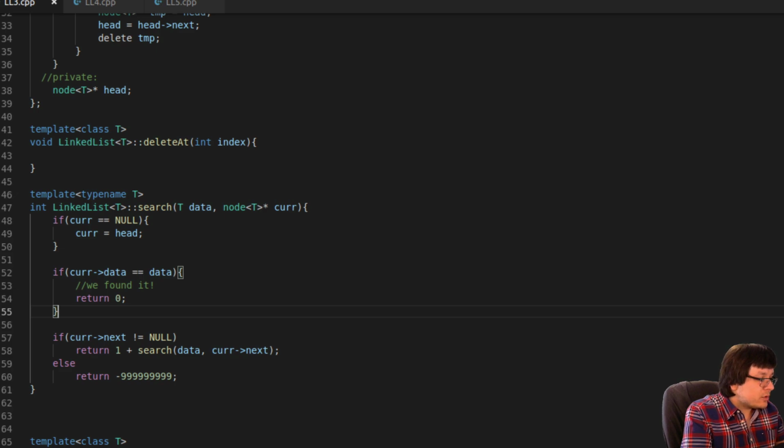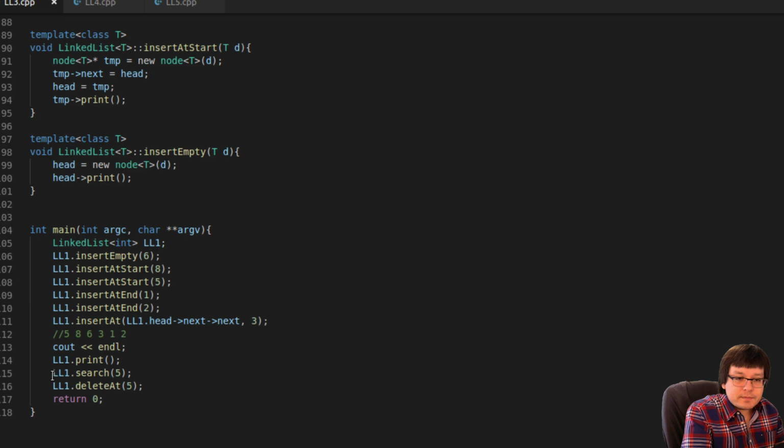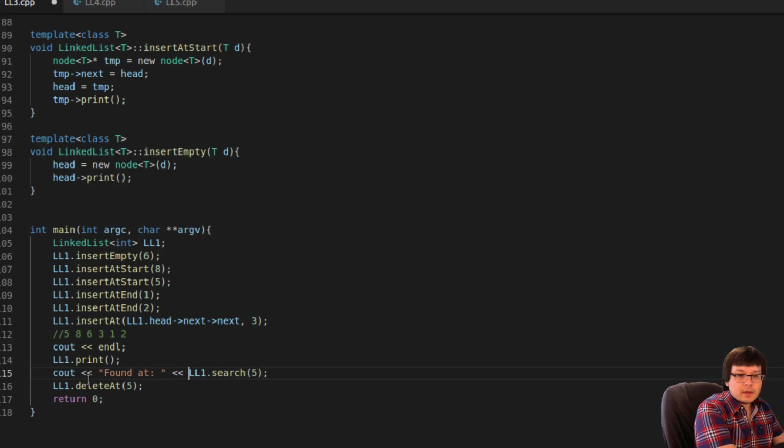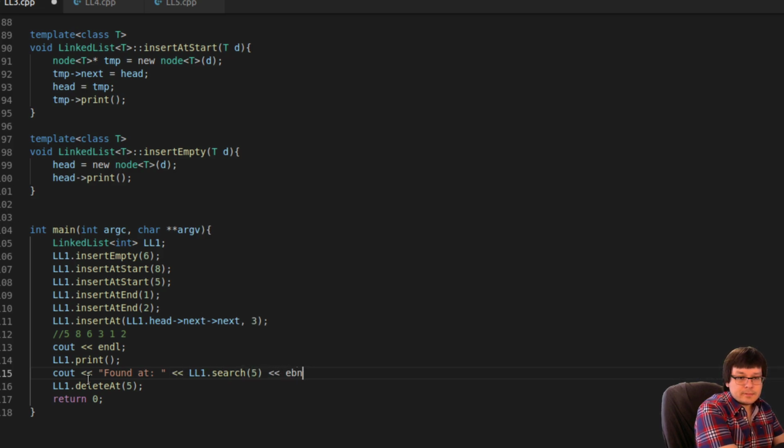Let us try to search for something here. So we're going to cout "found at" and then the return of that, because remember it's a value returning function, so it's just going to return an integer. And it's only going to search for the first instance of something.